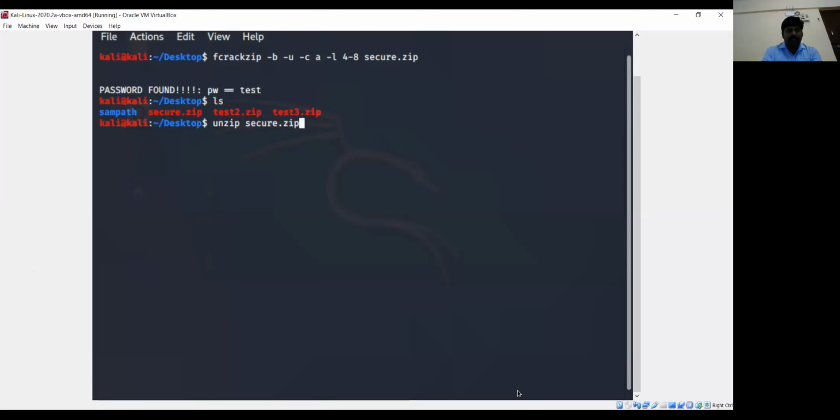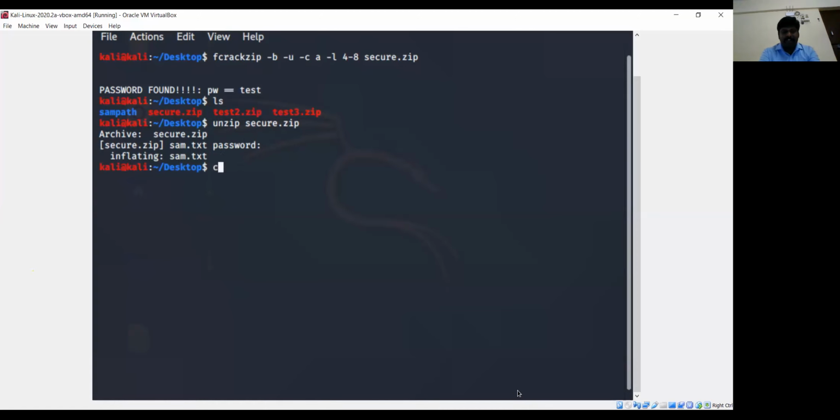It is supposed to ask for the password and I need to enter the right password, test, T-E-S-T. Now I got the file, because earlier I deleted the complete sam.txt file and had only the zip file. I did not have any text files in the directory. Now it has extracted. I got my text file.